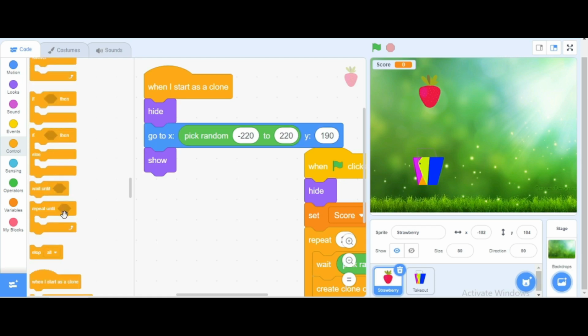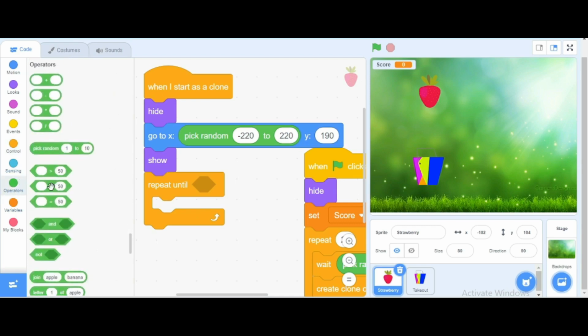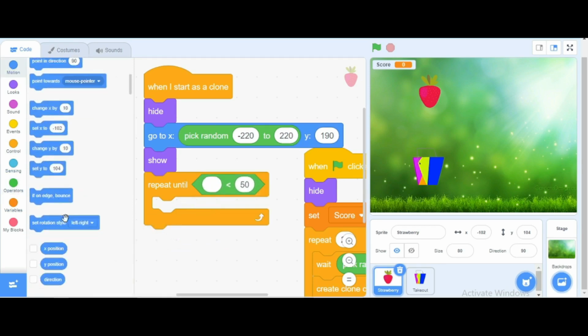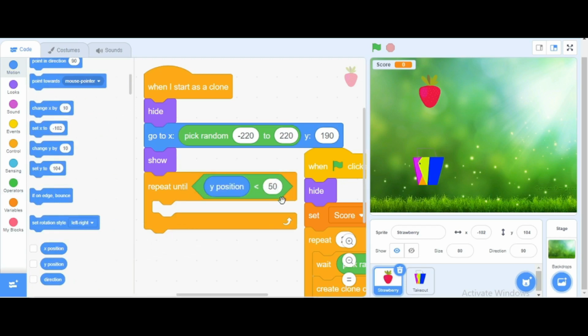Here in the control command we can select this repeat until command, and in the repeat until command we have to change the y position. So go to the operator and here we are using the less than operator. In repeat until, I want y position, so go to the motion and add the y position.